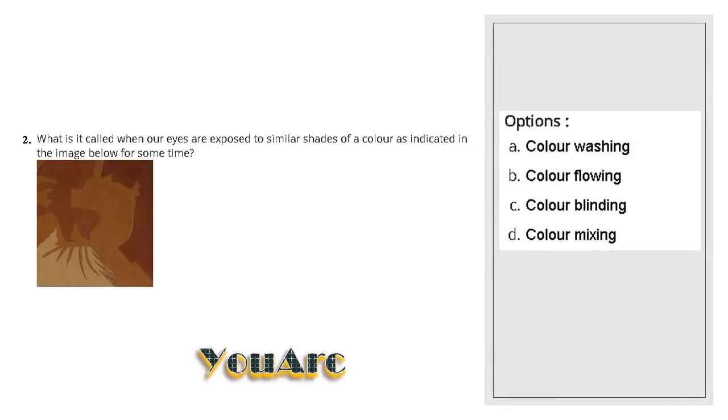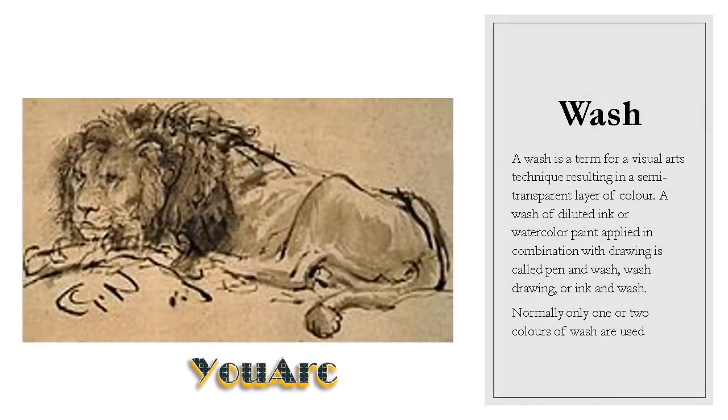Another question which appeared in NATA: what is it called when eyes are exposed to similar shades of color, indicated in the image, for the same time? Here the answer is color washing. Color washing is a technique in visual arts. It results in a semi-transparent layer of colors that is applied on the paper. Color wash means we have to dilute the ink or paint, which is to be applied in combination with